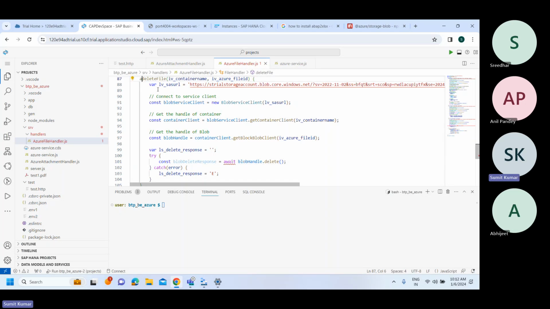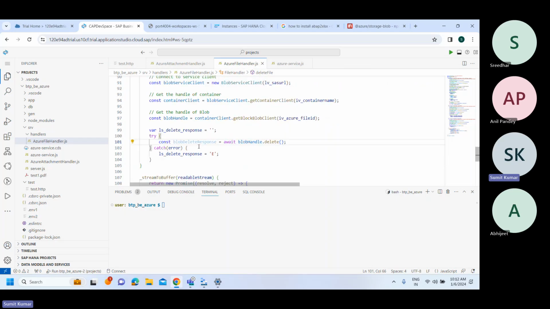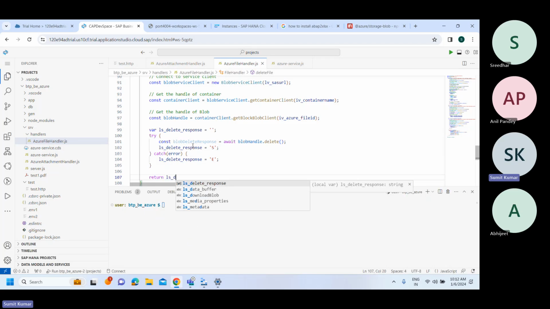And I'll just simply say async over here. So it performs this. In case it throws an exception, it means the delete had failed. But in case it does not throw any exception, it means my delete was successful, right? So I'll just simply say success. And I'll just return this delete response from here, saying whatever is the delete response, be it success or error, I'm